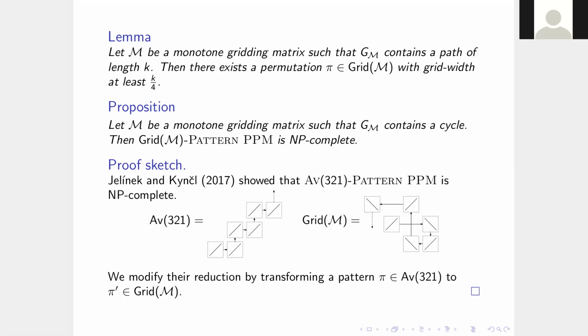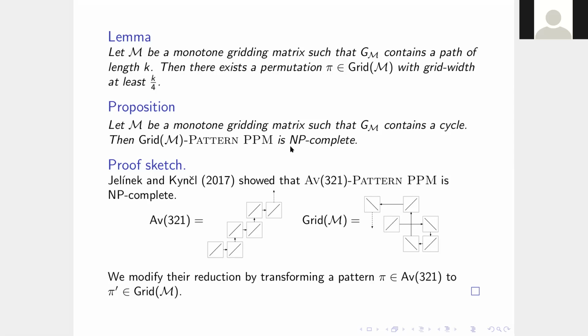And so in 2017, Jelínek and Kynčl showed that Av(321) pattern PPM is NP-complete. The class of 321-avoiders can also be described as the class obtained by interleaving two increasing sequences. And moreover, it can be described as a class of permutations that can be drawn from this infinite staircase, this infinite path of increasing